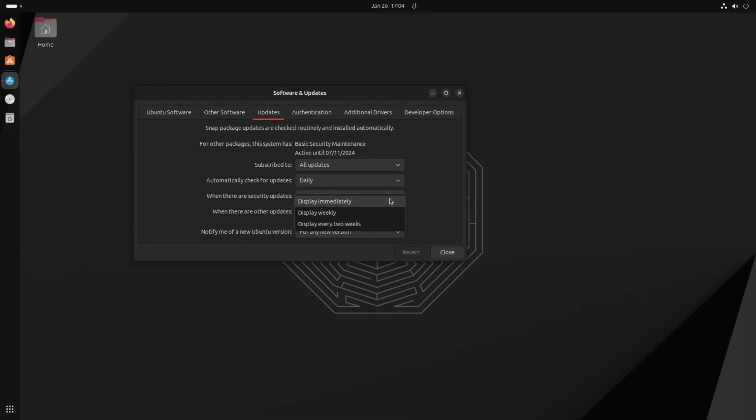And then there are other ones: you can display immediately, display weekly, or display every other week, depending on what your update schedule looks like. Of course, if you go to never check updates, none of those will happen. And then this is the one that we want to talk about here, because this will actually roll us up to the next versions. So you can always keep the current version you're on without rolling up to the next version